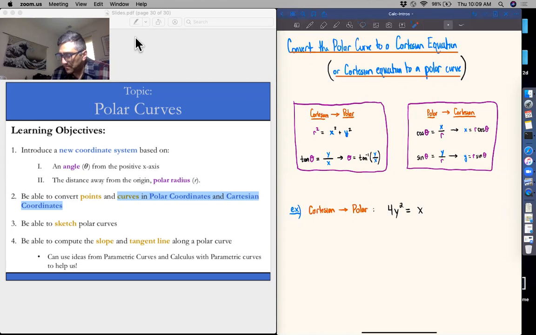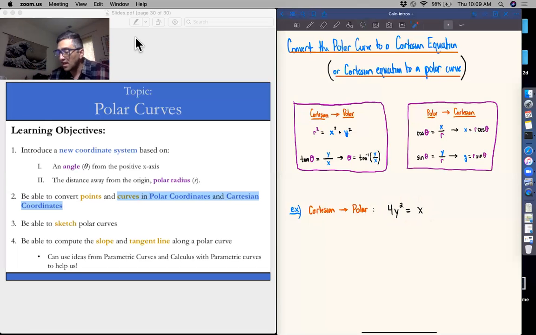So for example, let's consider this case of converting a curve in a Cartesian form over into the polar curve form. And the equation we'll consider first is 4y squared equals x. So the name of the game here is anywhere there's an x and a y, we want to try and replace those with things only in polar coordinates. So all the x's and y's we want to get rid of, and we only want to see r's and